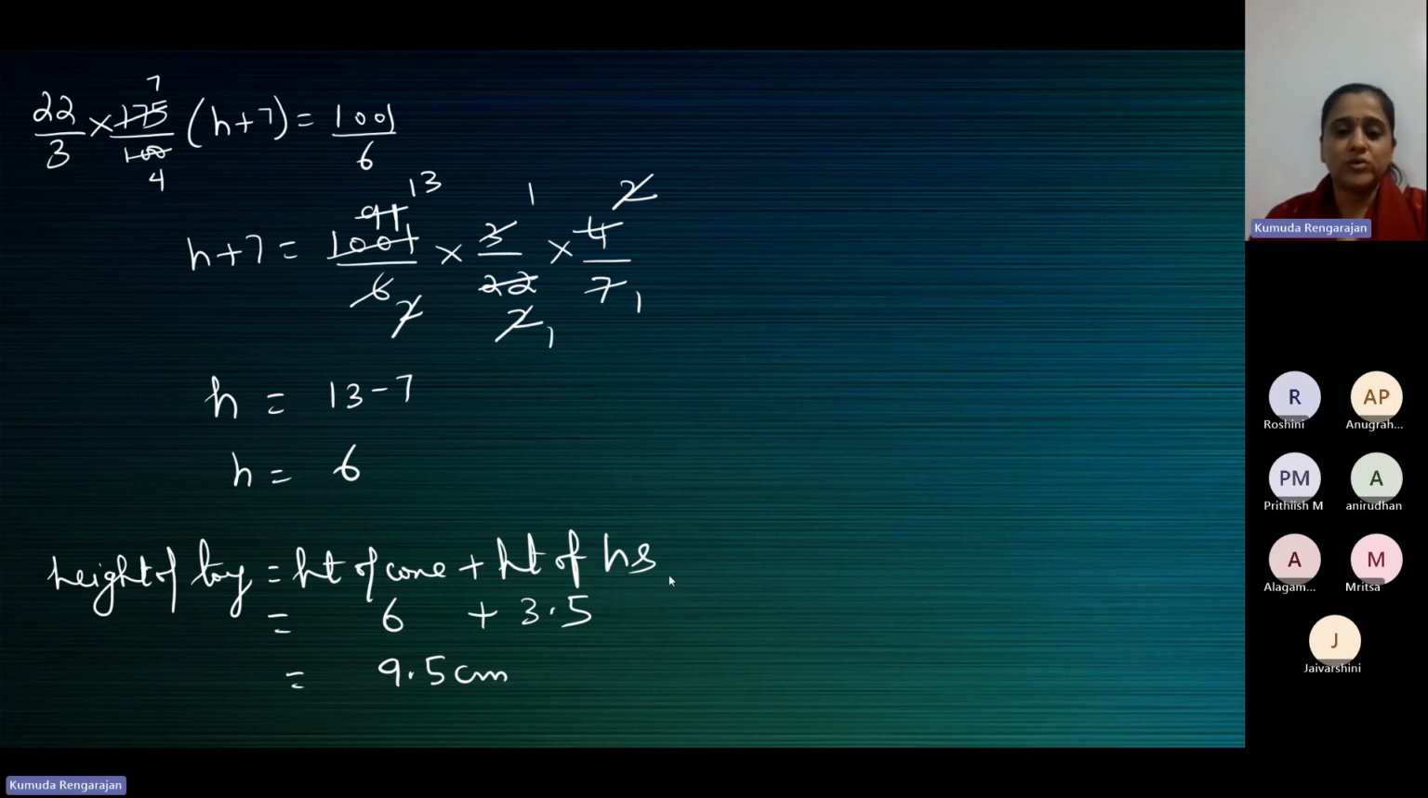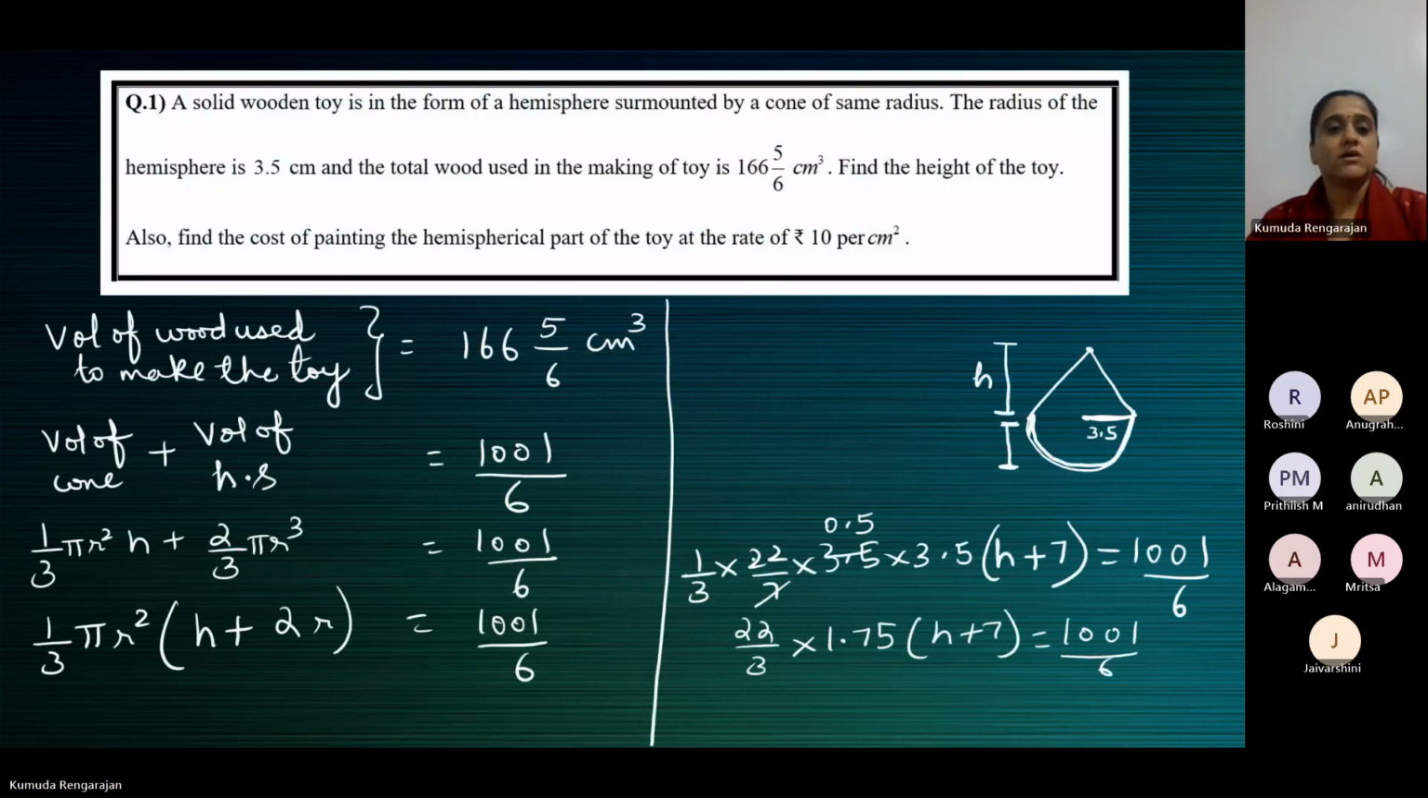Yeah, the next part of the question is also find the cost of painting the hemispherical part. Only the hemispherical part, not the toy. That's where we'll go wrong. Immediately we'll find it for the toy. That's how we lose marks. Find the cost of painting the hemispherical part of the toy at the rate of rupees 10